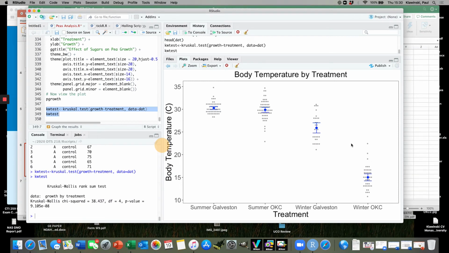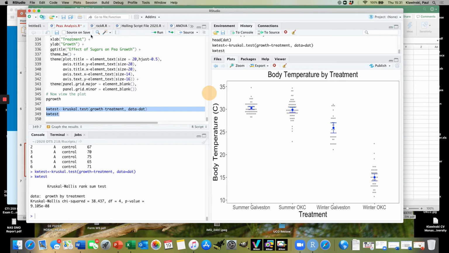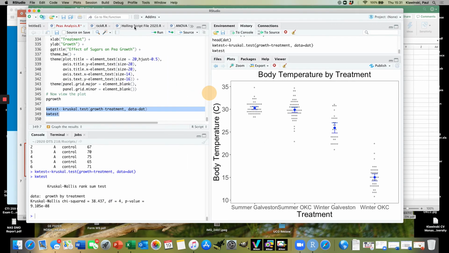Now, Tom emailed me with a question about this, and my answer to him was basically that even though there are some outliers here, in all cases, the means are much further away from one another than the differences in the variances are. So if we go back to